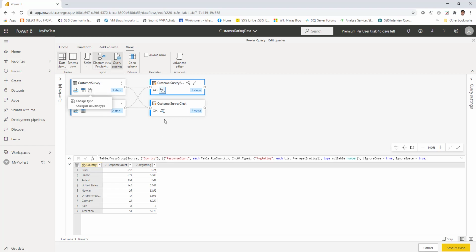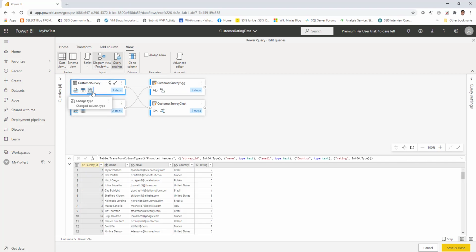And for the cases where you have a particular entity, a particular step, being derived from another step, you can also see the proper sequence. For example, when you go to customer survey, you can see that it is actually derived partly from the customer survey entity and partly from the second entity, which is the country lookup entity. So there is a line which joins from country lookup to customer survey, and there is also another one from customer survey to customer survey plus. Which means that this entity is made up of these two entities.